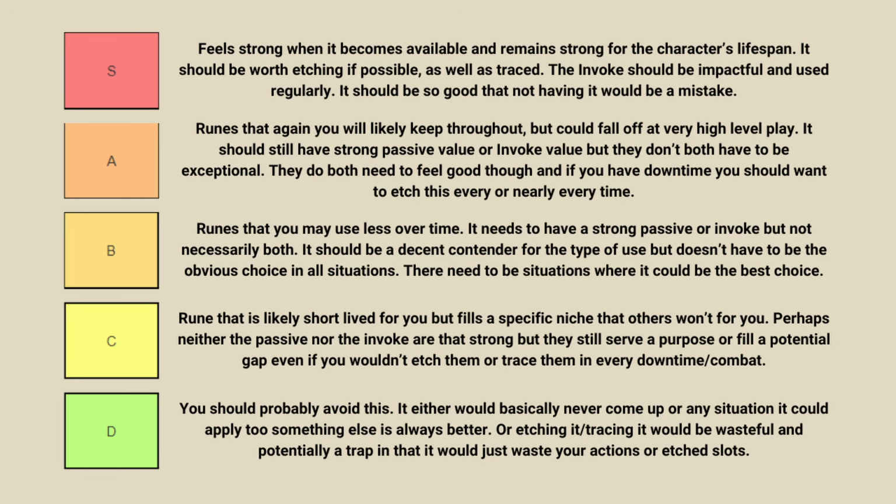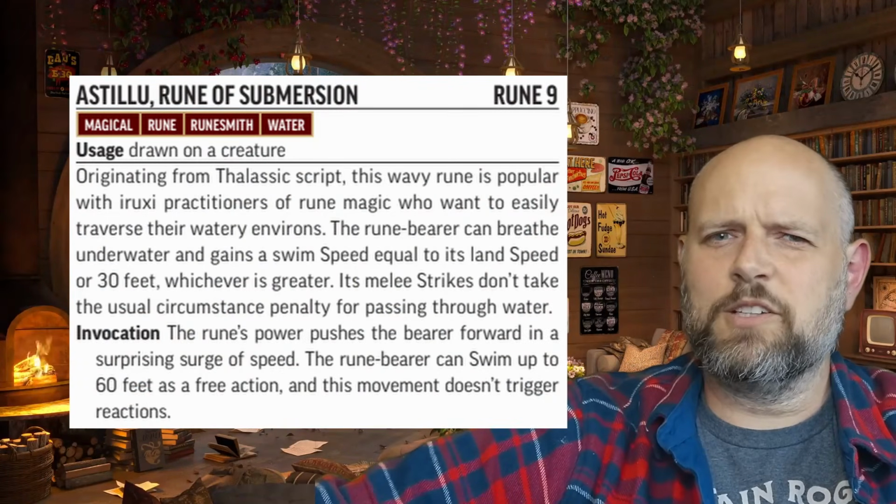It either would basically never come up, or the situation it applies to is just not that important, or it just takes away from the rest of what you're doing. If you were to etch it or trace it, you would have wasted your time. So D is avoid. That being said, let's go ahead and dive into our first rune at level 9,